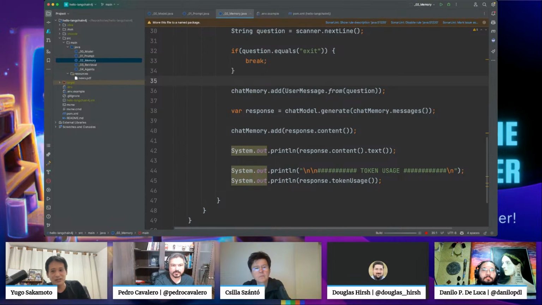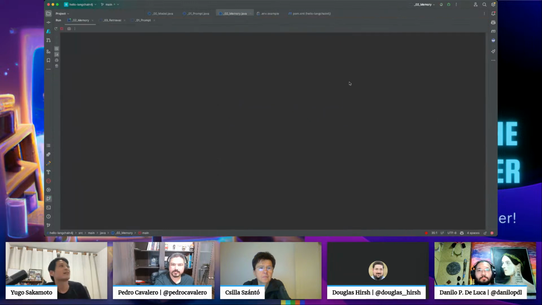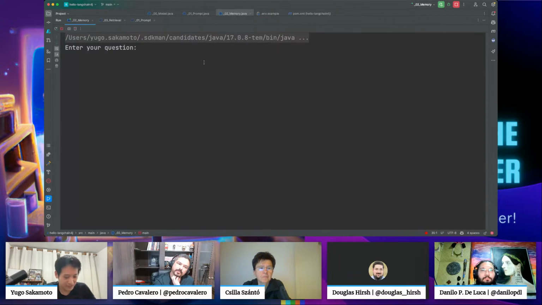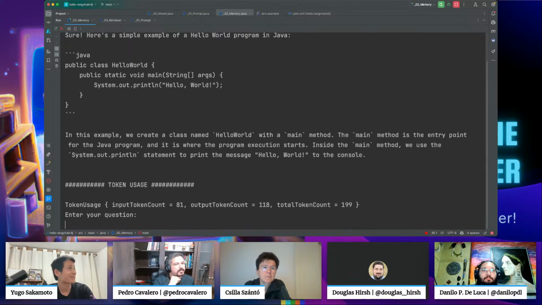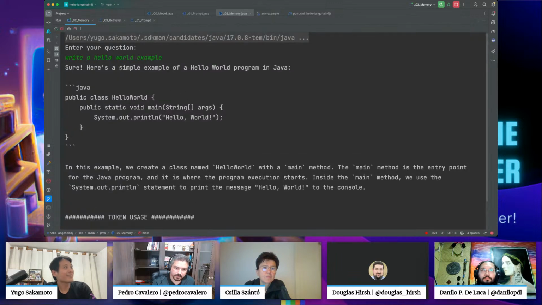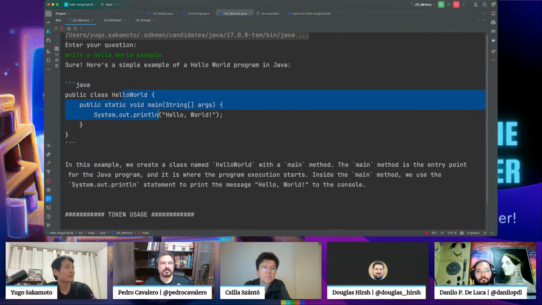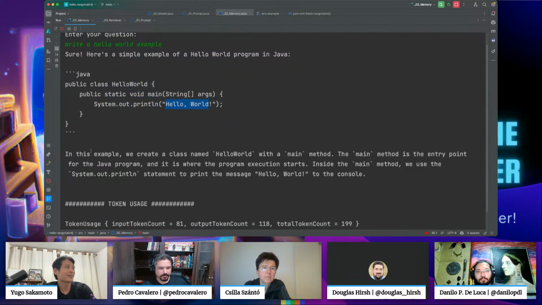So let's run it, it is easier to understand by seeing it working. JavaBot, like in the example before, write a hello world example. It will write in Java because I instructed it to write in Java. Good. So I asked it to write a hello world example, and the model just answered with hello world and the system print line hello world. And in this example, we create a class named world with, blah, blah. Yeah, a small